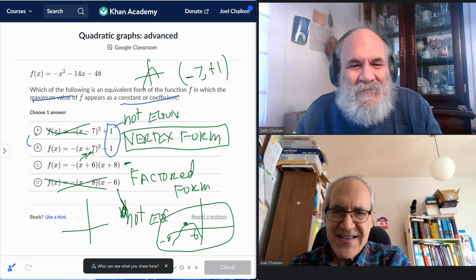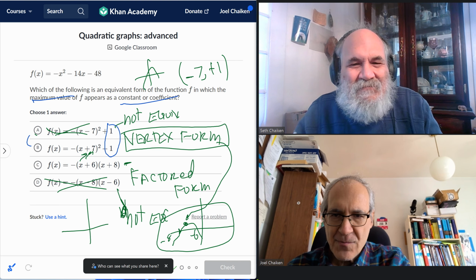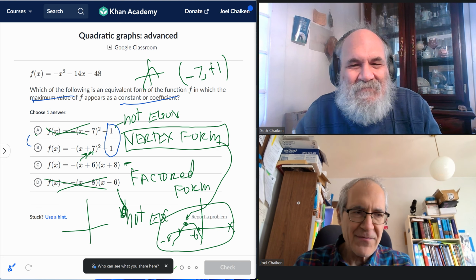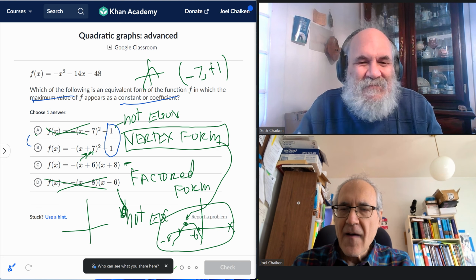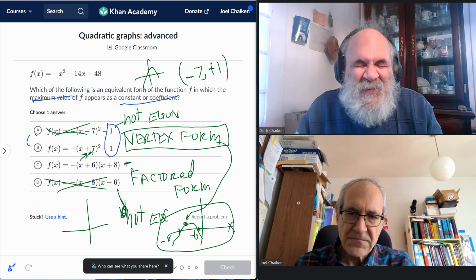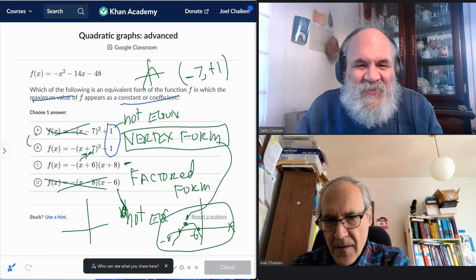And notice that each of these gives you valuable information. The vertex form tells you where the vertex is, and the factored form tells you where it crosses the x-axis when y is 0, also known as the roots or the zeros of the function. So we get a little bit more of an understanding of quadratic equations and graphing them. Okay. One of the things to notice is that these two expressions